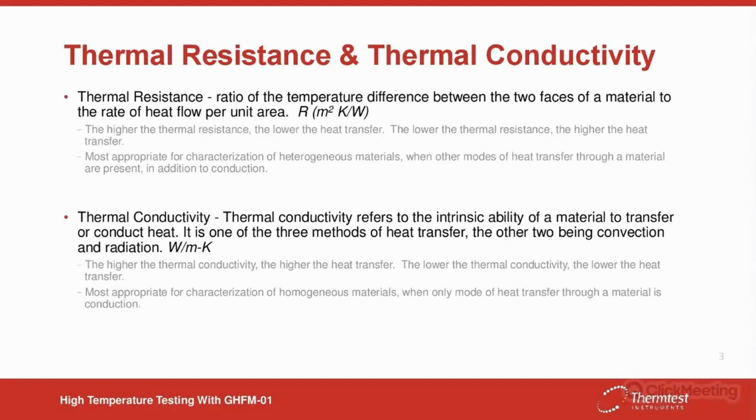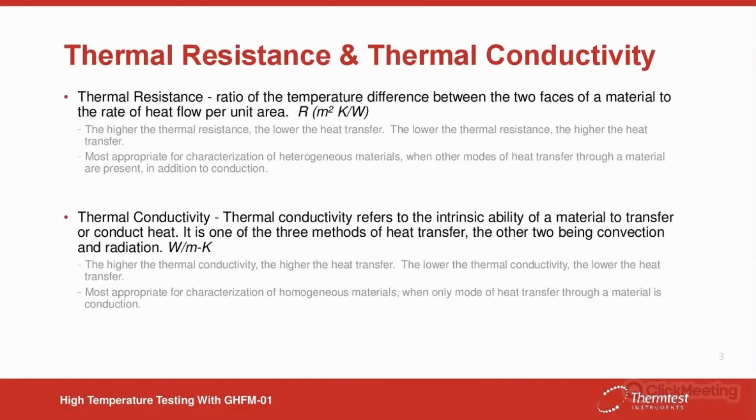Thermal conductivity. This is intrinsic to the material. It's the ability to conduct heat. This is one of the three methods of heat transfer, the other two being convection and radiation. The higher the thermal conductivity, the higher the rate of heat transfer. The lower the thermal conductivity, the lower the rate of heat transfer. This is the most appropriate characterization of homogeneous materials when the only mode of heat transfer through a material is